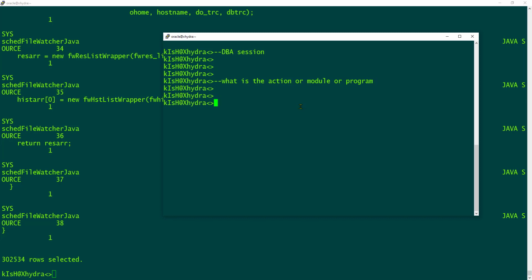Okay, action in the sense, what is the task for which the query is performing. And what is the module? You can say module means the application package, the name of the module. And program is also similar to module: what is the program that is being executed. So if I just select module, program, action from V$SESSION